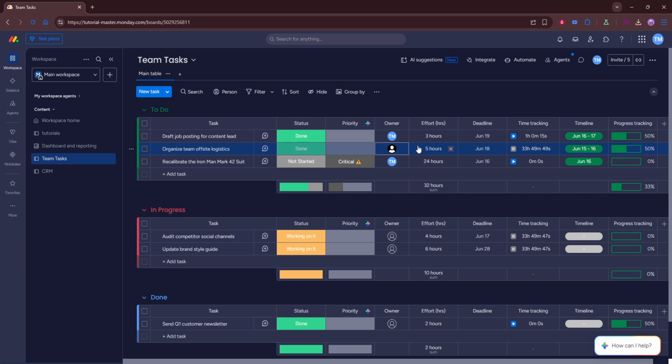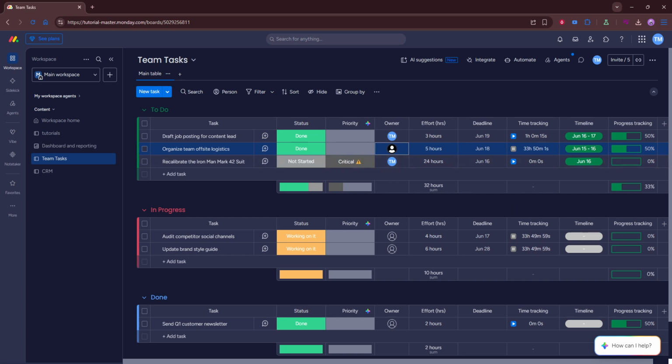If needed, you can also add a due date or update the status at this stage. Adding a due date helps the assignee understand the expected timeline, while a status update can show whether the task is just starting, already in progress, or waiting on something else. These details are optional, but they can make the board much more useful and easier for the whole team to